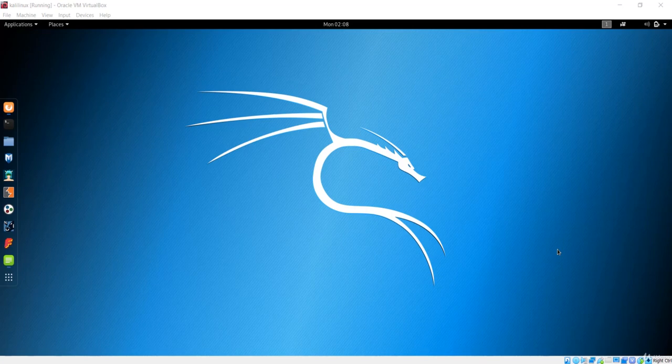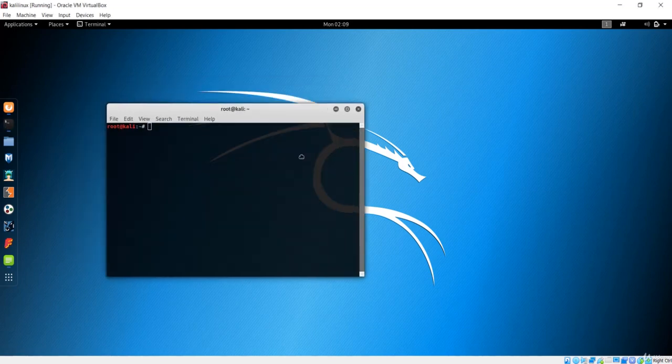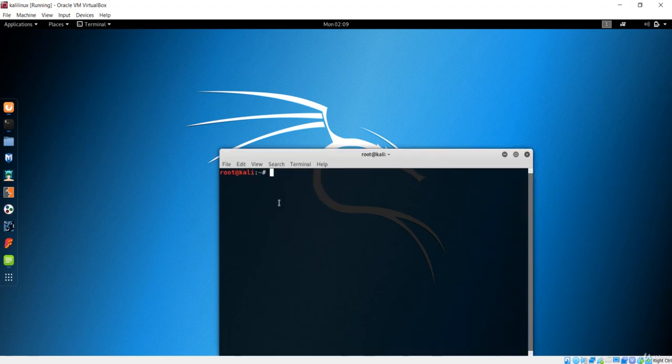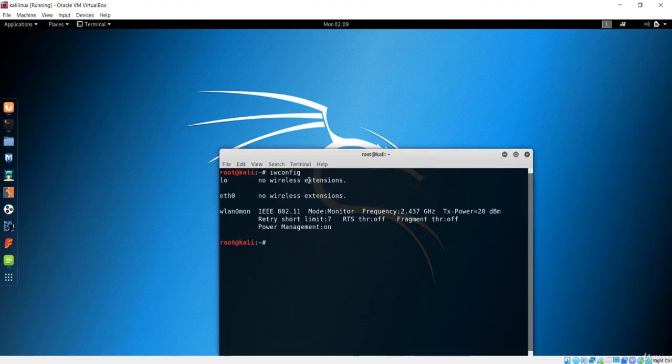Welcome to this lecture. Now we'll see how to crack the WPA key of any network. First of all, I have already told you that in order to get all the packets that are sent across the Wi-Fi range, you have to get your Wi-Fi card from the managed mode into the monitor mode. So let's check our configuration, and in my case it is in the monitor mode. If you are in the managed mode, first convert into the monitor mode.